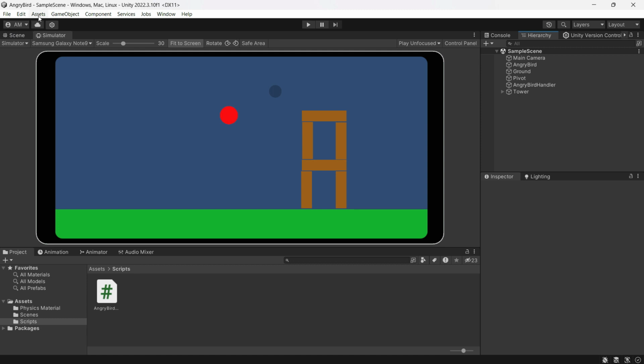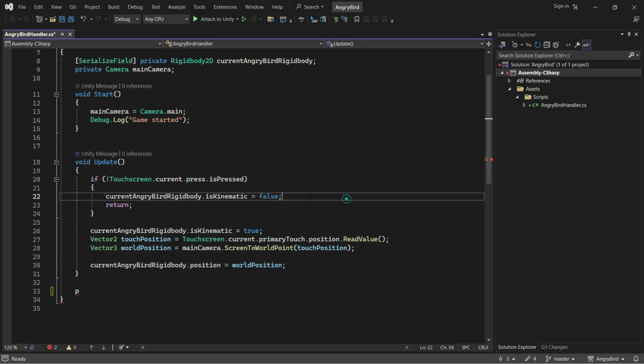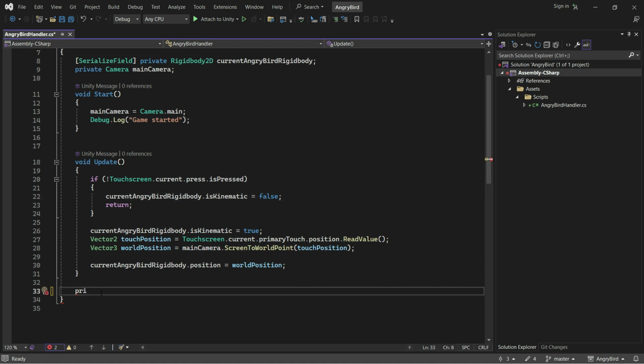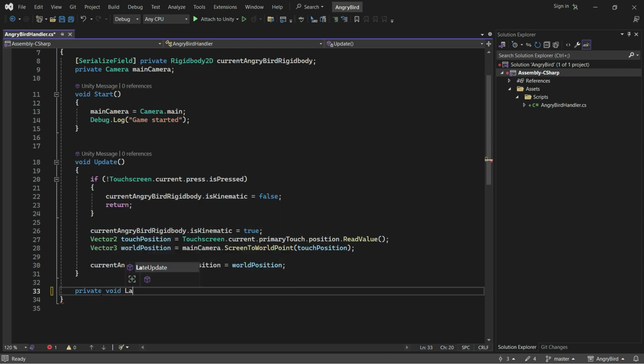Let's open the code, go to assets and click on open C# project. So for launching the Angry Bird, we are going to create a separate method over here. Instead, we can do everything right over here in the update method, but to make the code less complex and cluttered, we are making a separate method right down over here. So let's make it private void launch Angry Bird,